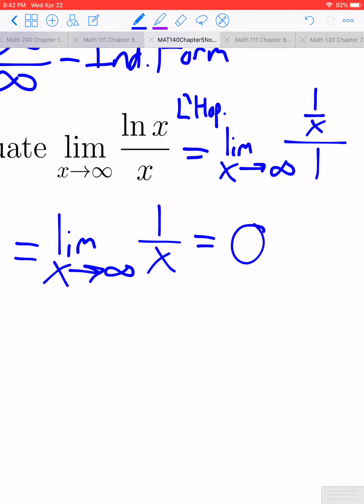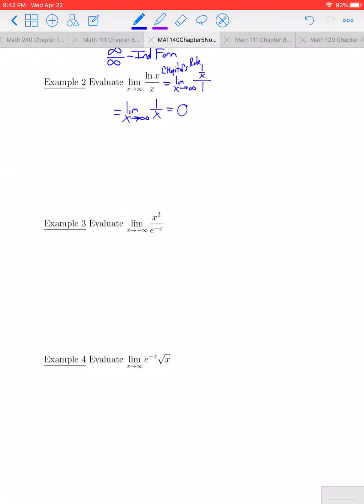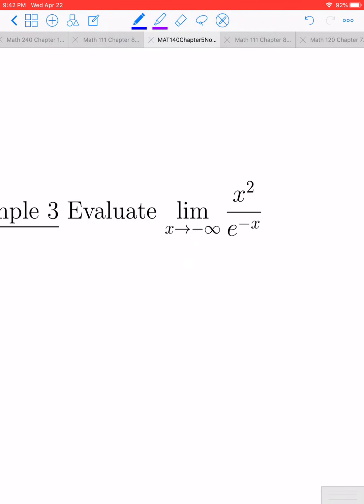So we found the limit here. Using L'Hopital's rule, the limit was equal to 0. Let's try another one of these. Let's take a look at the limit as x approaches negative infinity of e to the negative x divided by